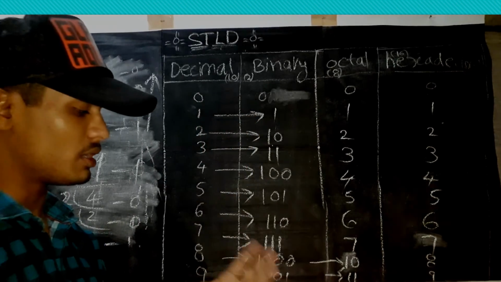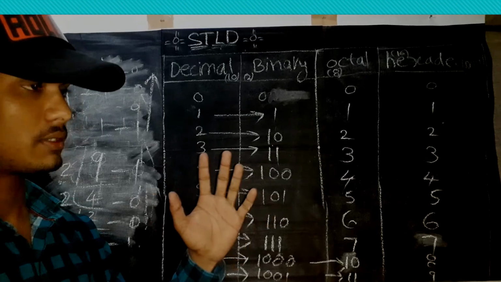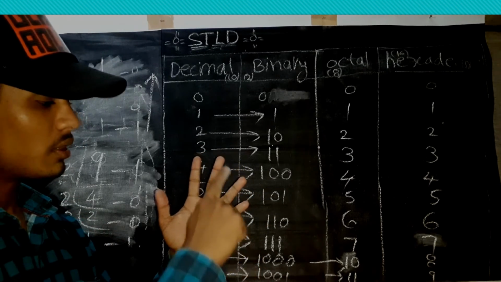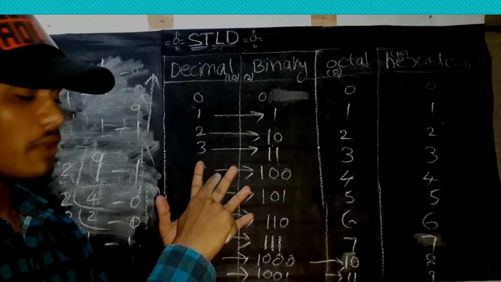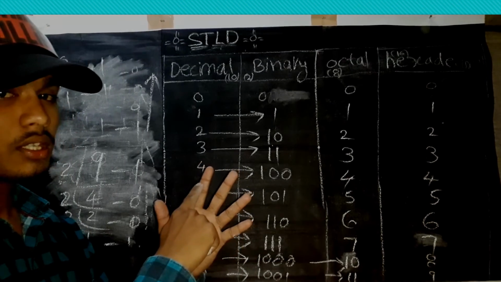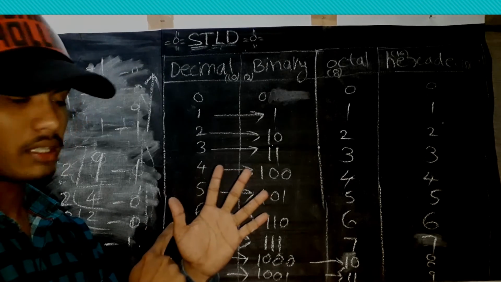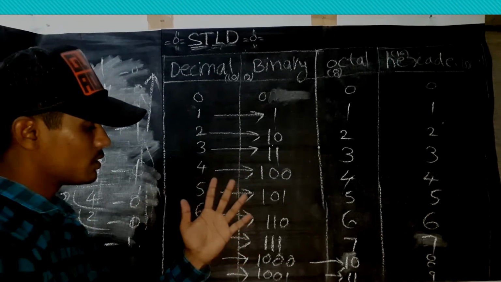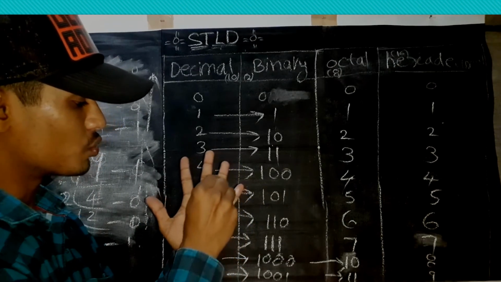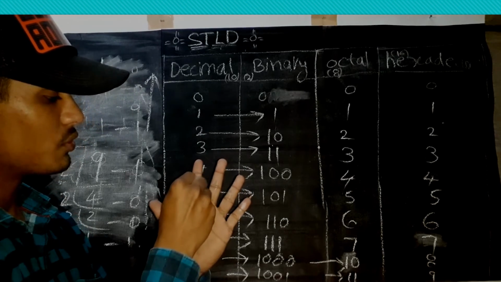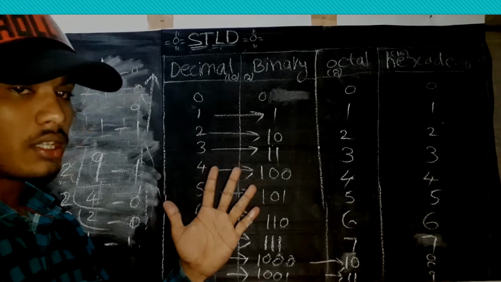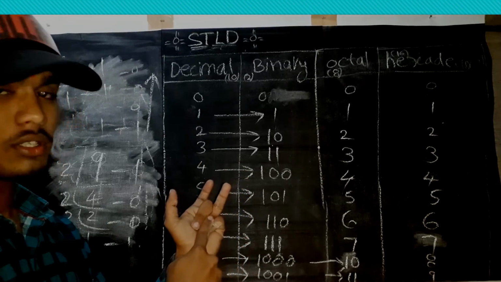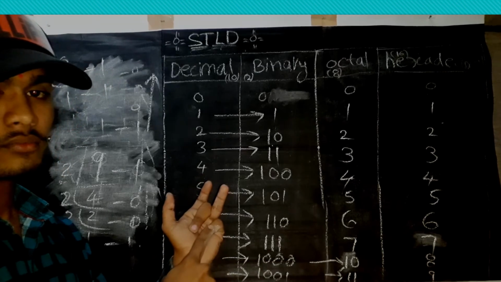This simple method uses your fingers. The value of 2 power 0 is 1. 2 power 1, the value is 2. 2 power 2, the value is 4. 2 power 3, the value is 8. 2 power 4, the value is 16. Now, the binary code of 5. You have to remember the values 1, 2, 4, 8, 16. The value of 5 means 4 plus 1. You have to mark 4 plus 1: 1, 0, 1. Okay.